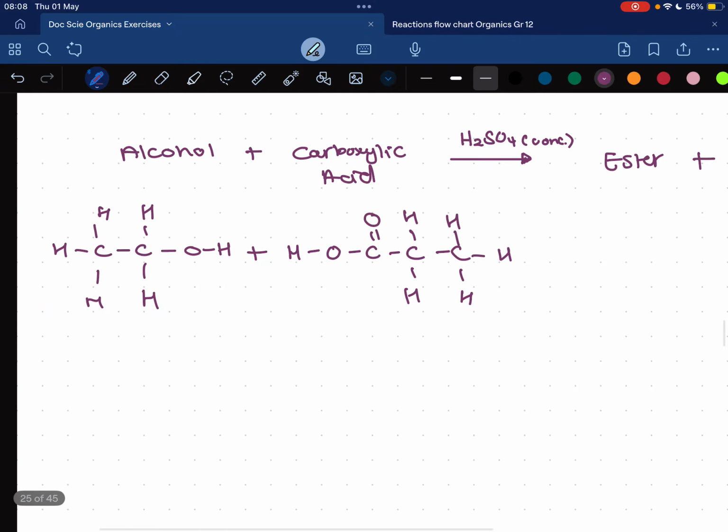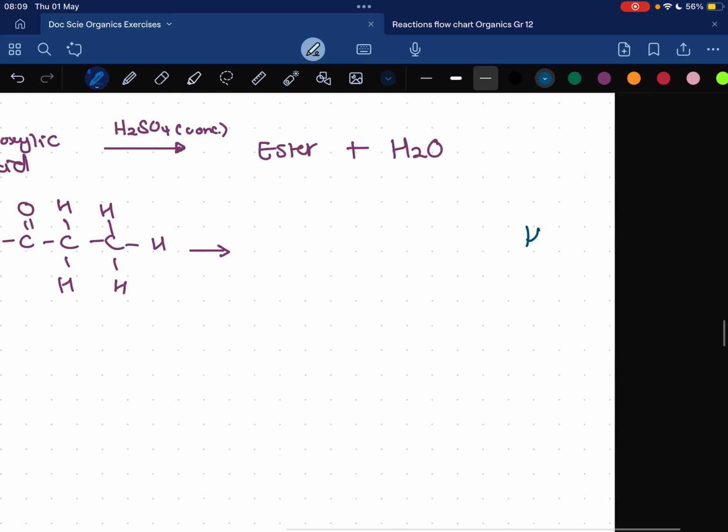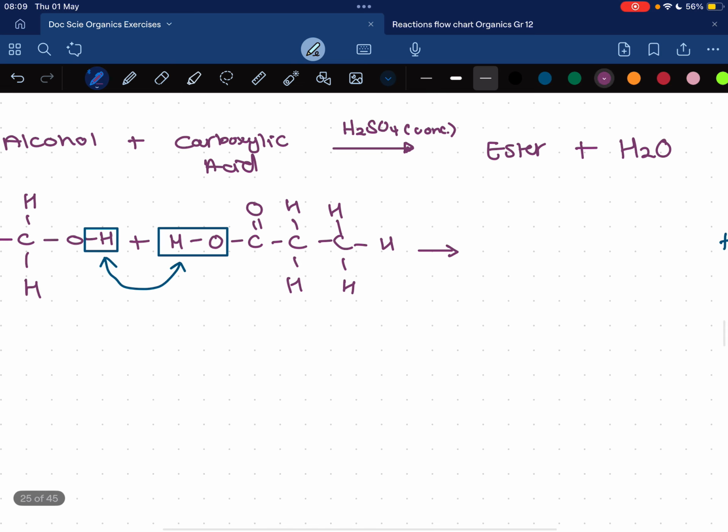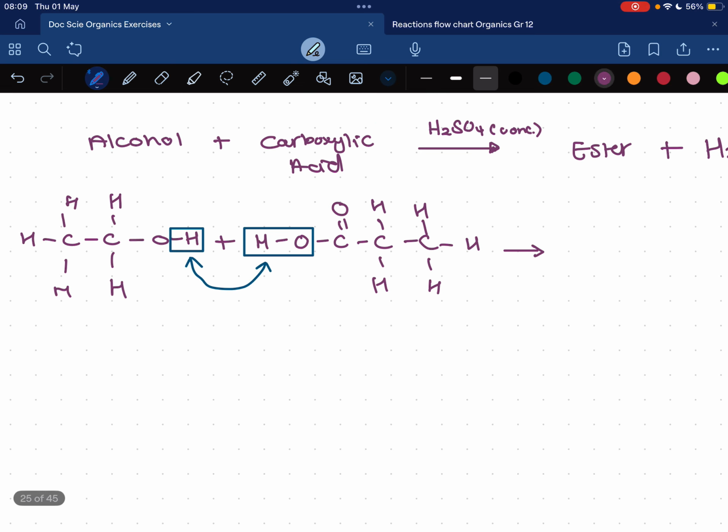So you can clearly see that we know that the ester is going to form, but essentially the product of water, it's removing water. So the elimination of water removes the hydroxyl group from the carboxylic acid, and it removes a hydrogen from the alcohol, and together these two H's and the O's form the H2O. That's the byproduct in this reaction. So when you add it together, then it would form that ethyl propanoate, where we would have the